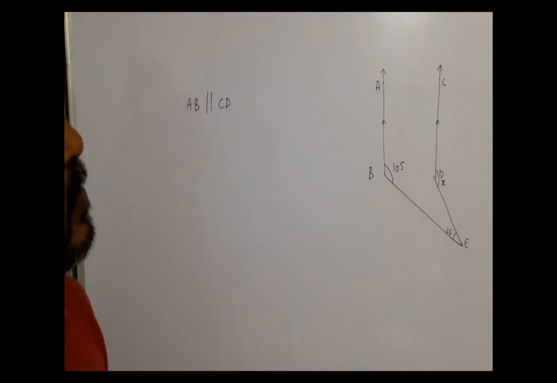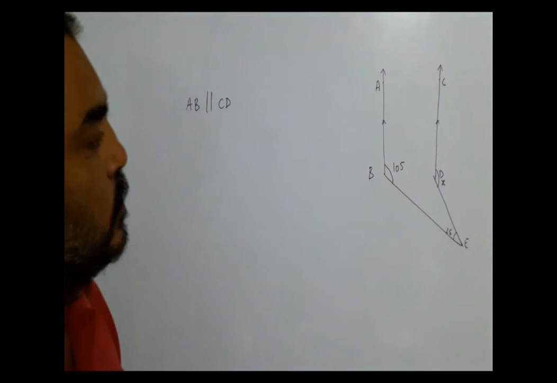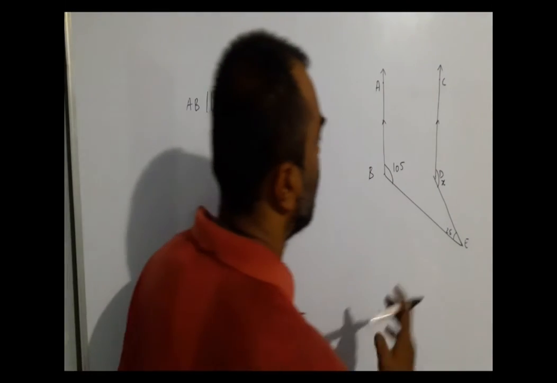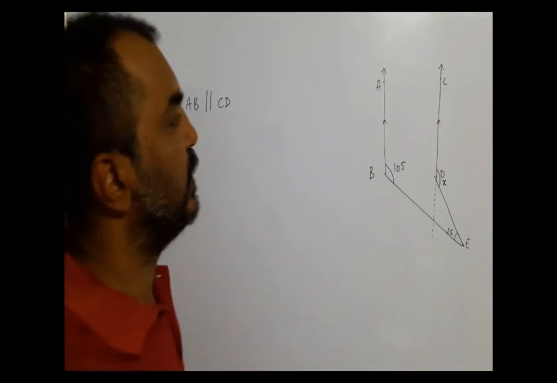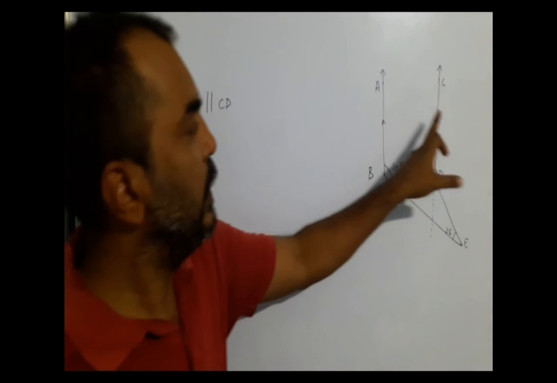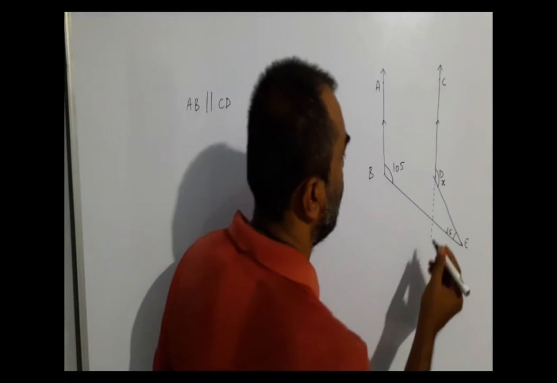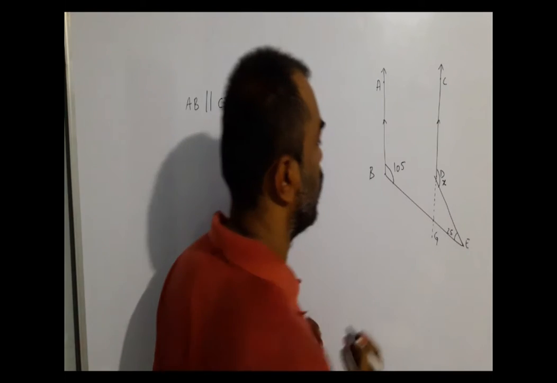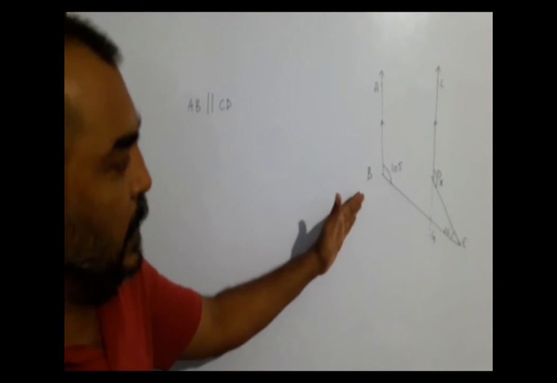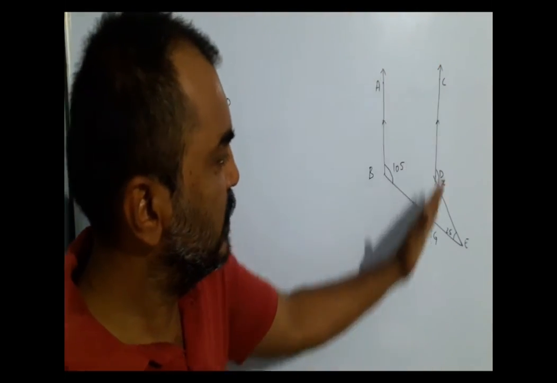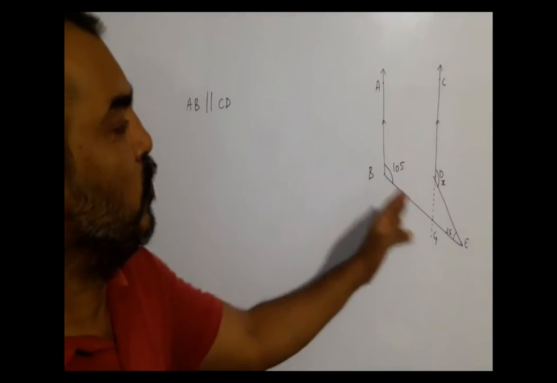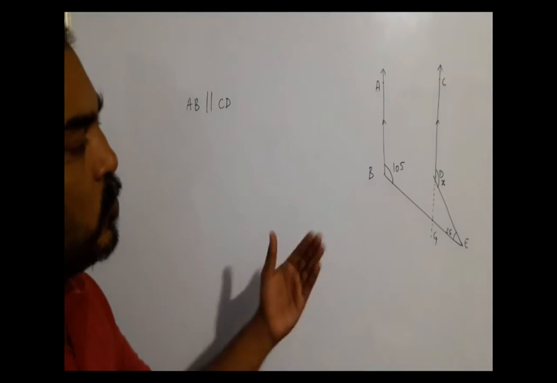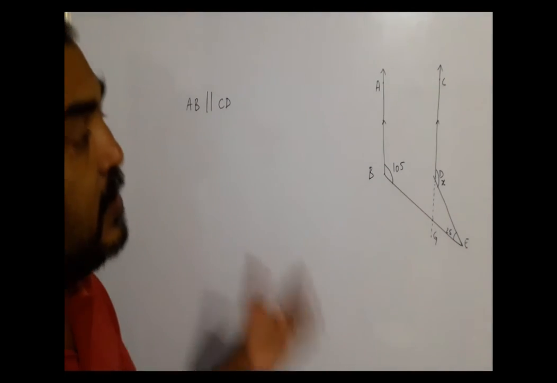Now which are the parallel lines and which transversal will you take? How will you relate AB to CD? So you can do two things. You can either extend this line further because lines can be extended. So now AB and CD, let us name this point G. So you have AB parallel to CG and BG is the transversal. But can you find X directly now? No. So this was one construction, but we will do an easier construction.